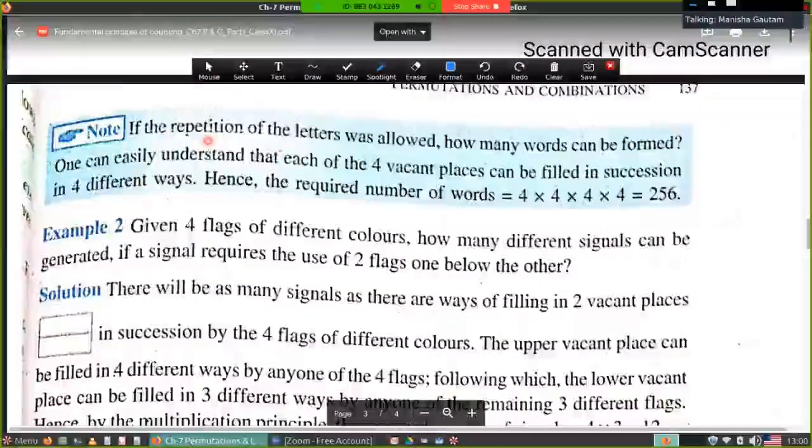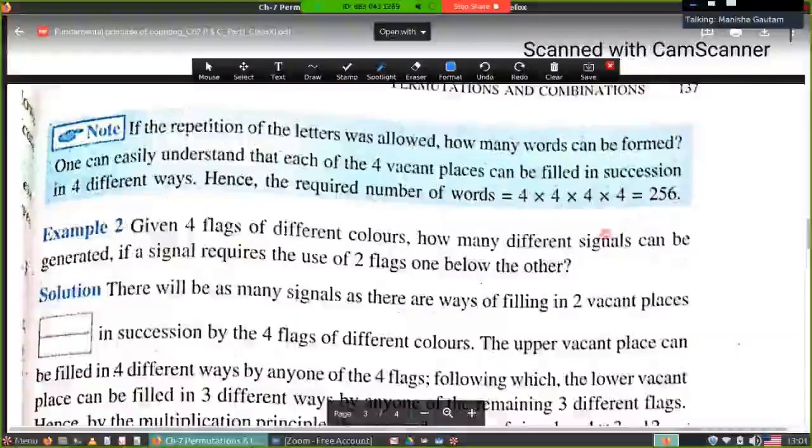Now here repetition is allowed. It means if you have taken the first letter, that can be used in the second place also. When 4 chances are there to fill the first place, that letter placed here can be placed on another place also. It means for the second place you can take again 4, for the third place you will take again 4, and 4. It means 4 multiplied by 4 multiplied by 4 multiplied by 4. If repetition is allowed, if ROSE can be repeated, you multiply these four 4s. You will get 256 ways to make the word by using R, O, S and E.